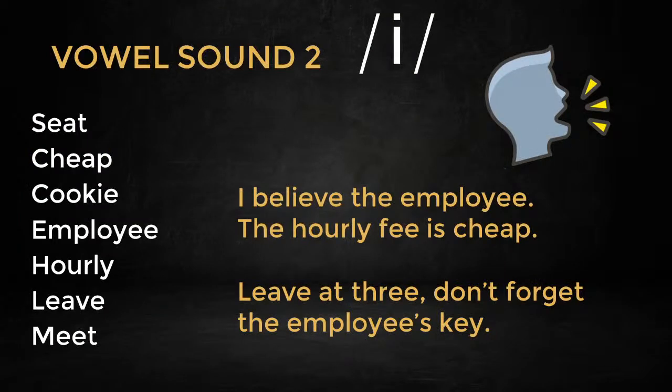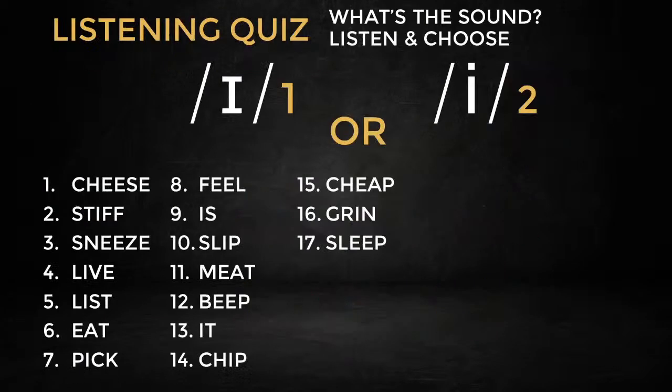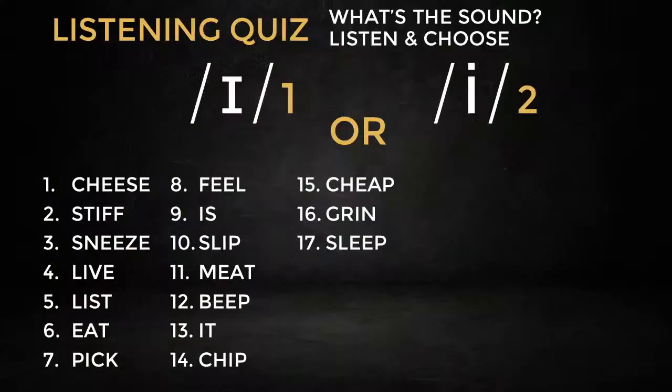Now, we have a quiz. As you can see here on the screen, there are 17 words. The first sound, I, as in "is," is number 1. And the second sound, E, is number 2. I will read the words, and then in the comments, I want you to post the words, and if it's sound 1 or sound 2, okay? I, as in this, sound 1. E, as in bee, sound 2. So word number 1,